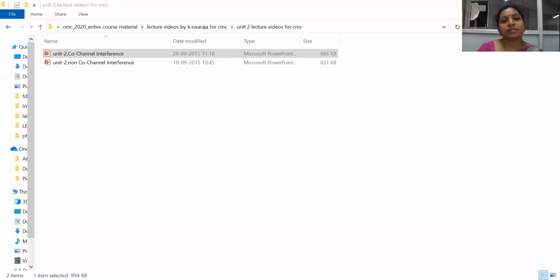So in this lecture, we will discuss what co-channel interference is. The frequency reuse method is useful for increasing the efficiency of spectrum usage, but results in co-channel interference because the same frequency is used repeatedly in different co-channel cells. So what is a co-channel cell? The cells which are using the same, repeated frequency are called co-channel cells. As we are using the same frequency, interference occurs.